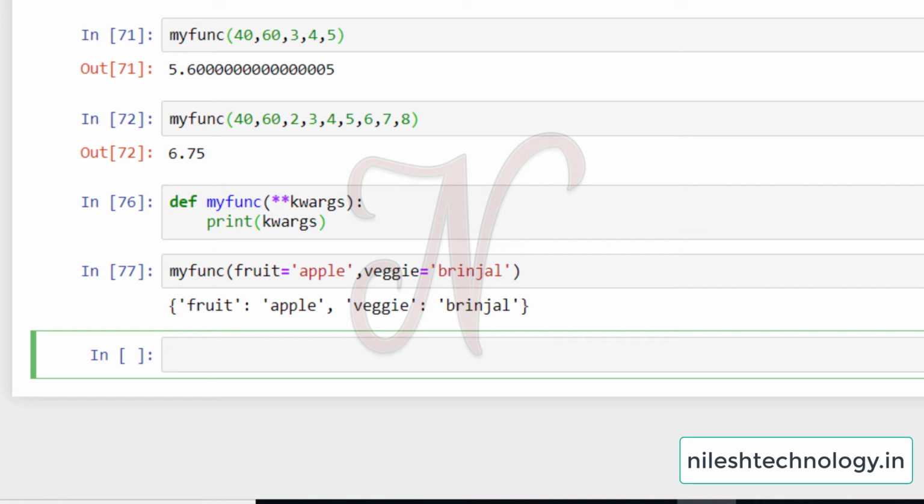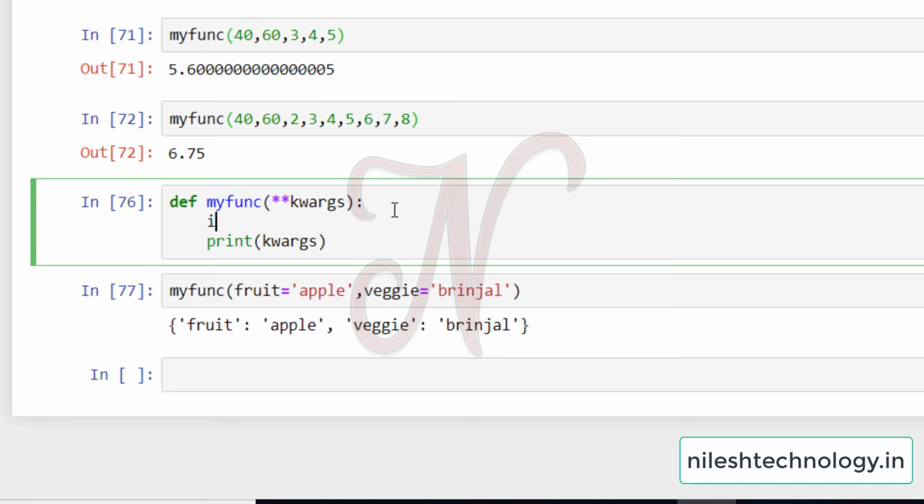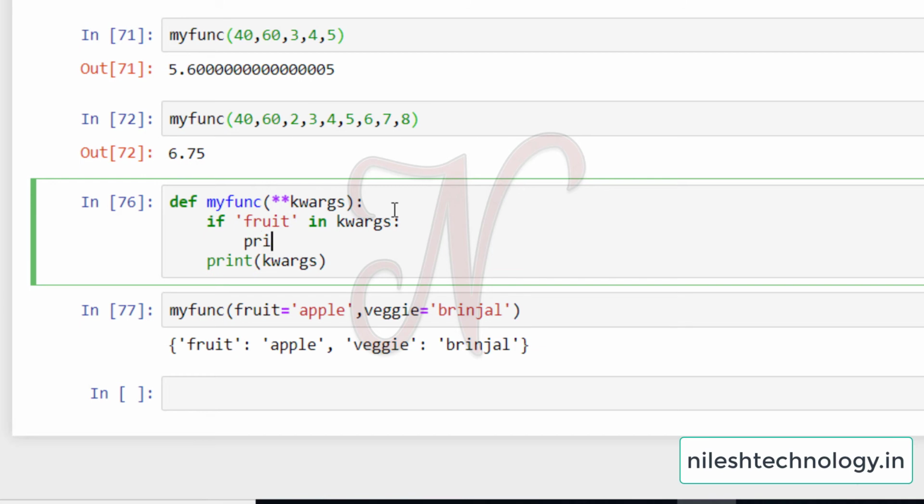Now use some code in this function. So if fruit in kwargs, see here, then it prints my fruit is, and this is my fruit name by using the format function.